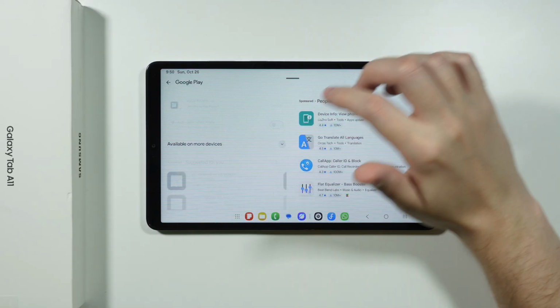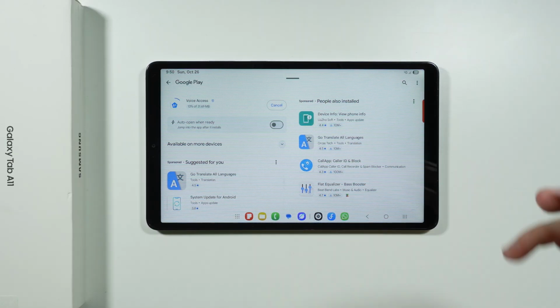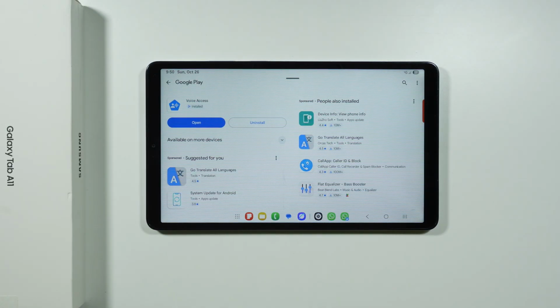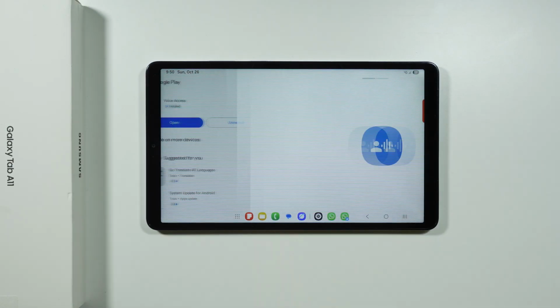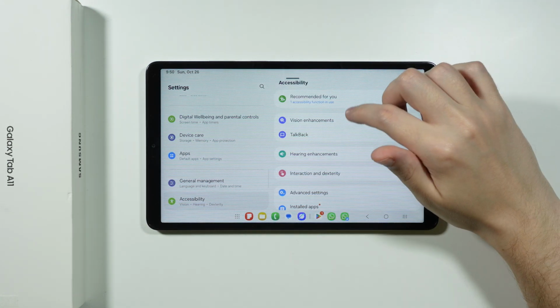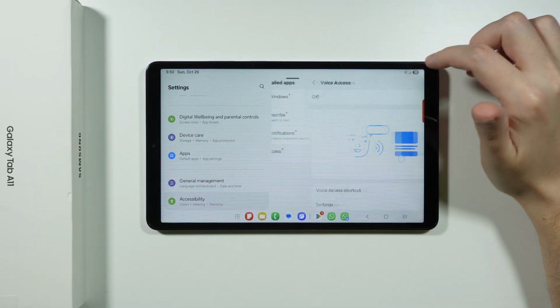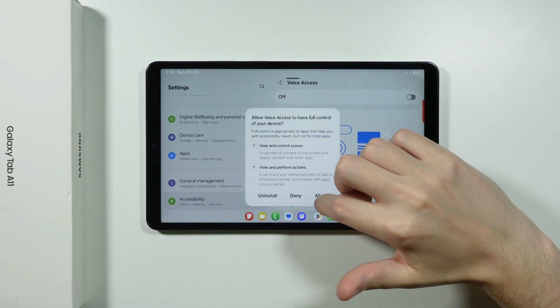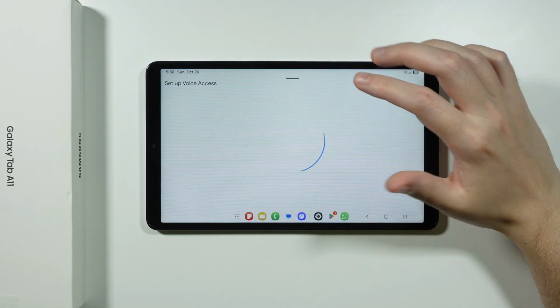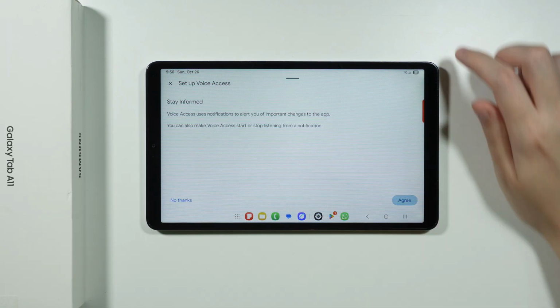In this case we need to actually install the app to be able to use voice access, so let's quickly do so. And when that is done, we can open the app, and of course we need to press OK in order to turn it on. So in here we need to choose Installed Apps, then we have the voice access, and we need to enable it, and then press Allow. There we go. Now we should be able to have this setup option, so we can press Agree over here